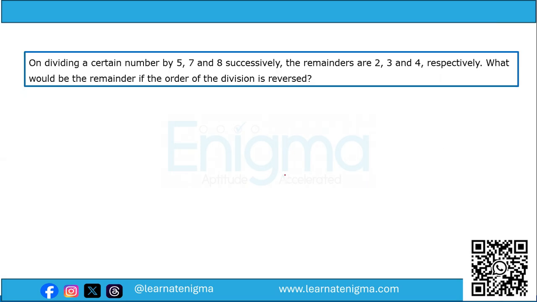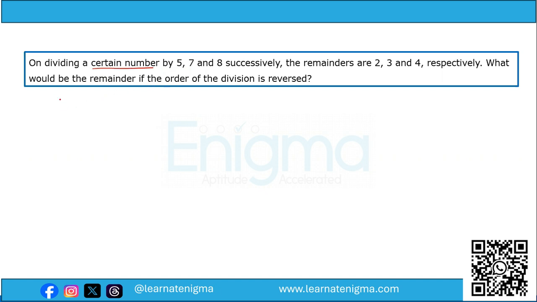On dividing a certain number by 5, 7, and 8 successively, the remainders are 2, 3, and 4 respectively. What would be the remainder if the order of the division is reversed? Now, whenever we want to find out this certain number which is successively divided and the remainders are given respectively,